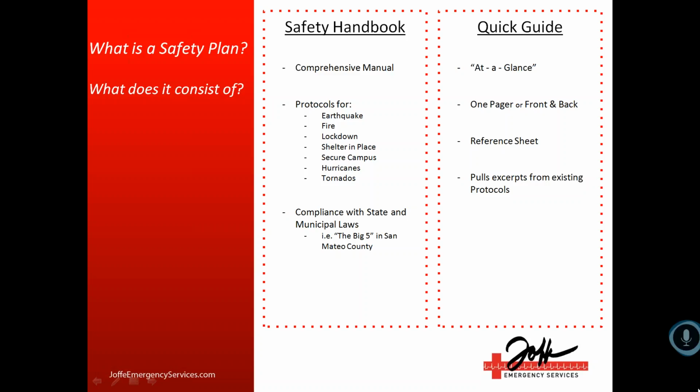In your comprehensive manual, we try to make them less than 30 pages or so. I've seen some safety handbooks that are just overkill. They are tons and tons of information, and it makes it so overwhelming for people that they don't even take the time to sit down and read through it, so they're not prepared for an emergency because they haven't actually read their safety handbook.